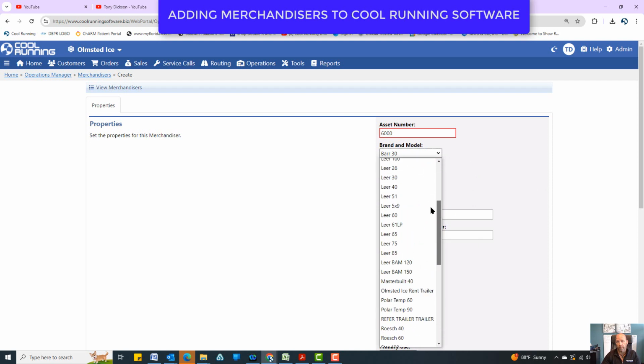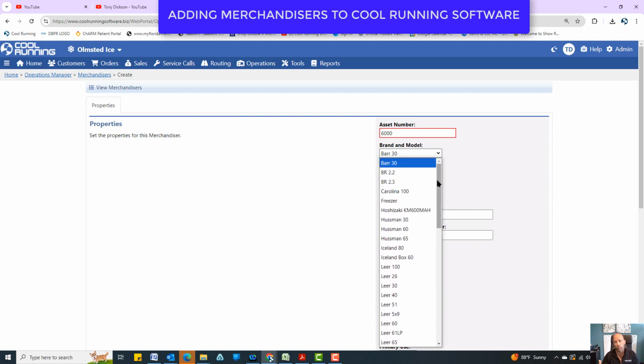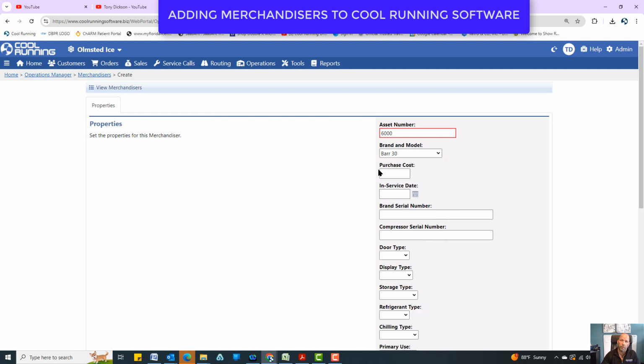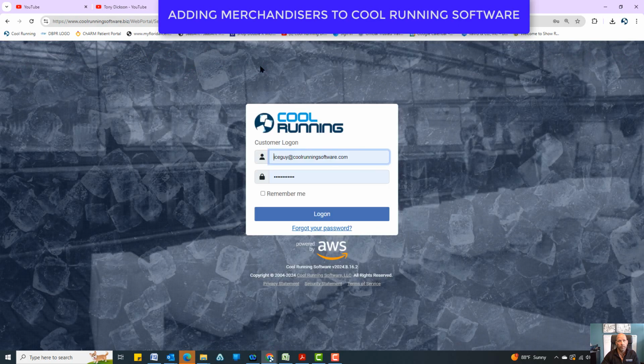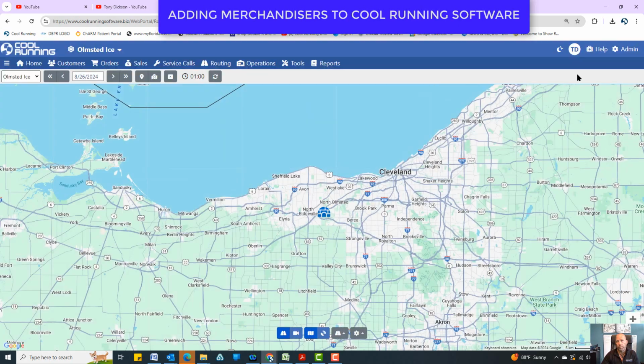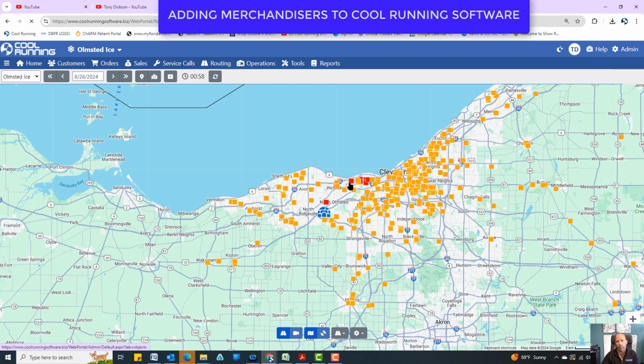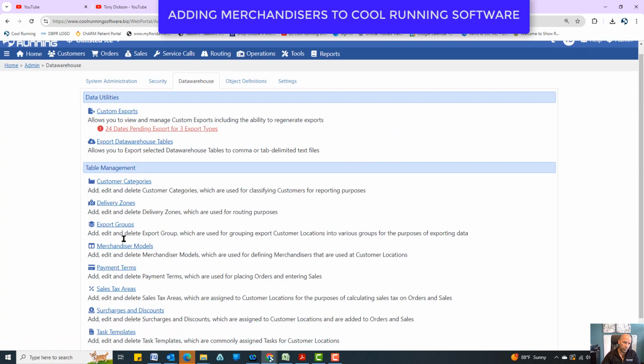Now, if it is not inside this list, I discussed in an overview video about adding a new brand and model. So before I go any further, I'm going to break away from this part and show you about adding a new brand and model. So I'm going to log into Cool Running again, and I'm going to go to Admin and Data Warehouse, and I'm going to go into the